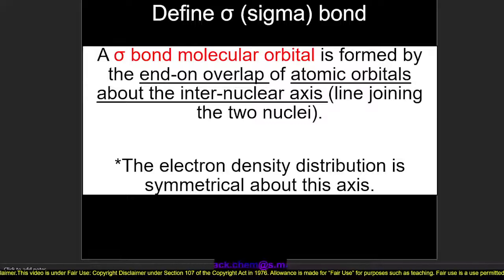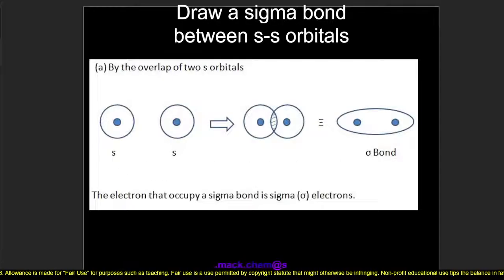We will start by looking at two s atomic orbitals. Two s orbitals can overlap about the internuclear axis, and from their overlap we see a sigma molecular orbital is formed. The reason why it's called a sigma bond is because of the electron density which is distributed along the